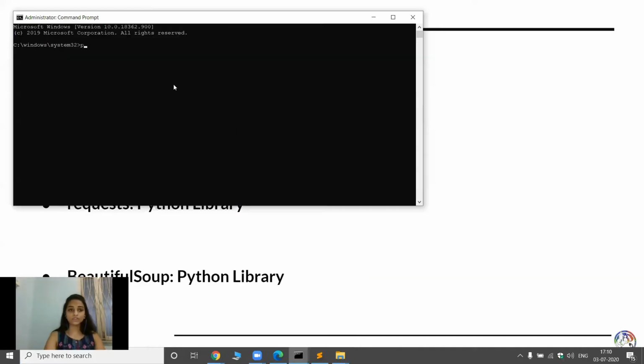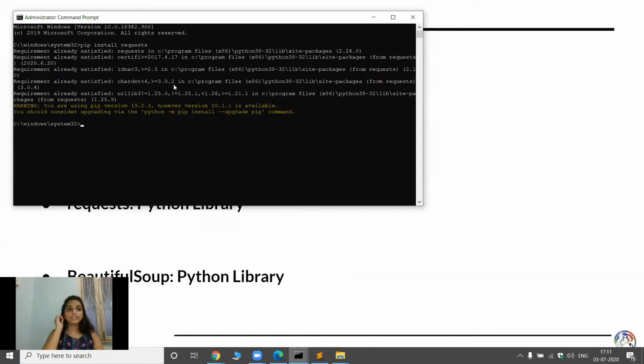Here you need to write pip install requests to get the requests library. Here you are seeing the message "requirement already satisfied" because I already have this library; in your case the installing part will start. To get Beautiful Soup, you need to write the same command but with the name of the library.